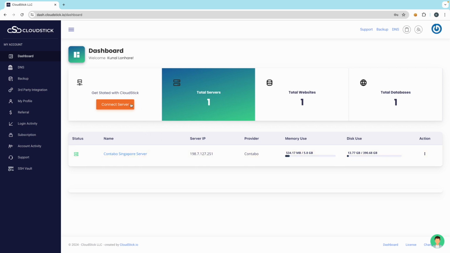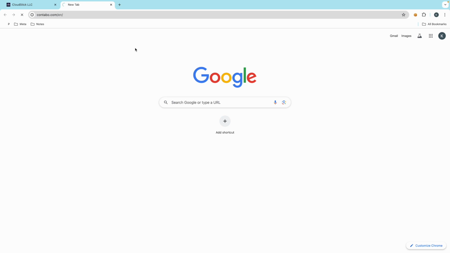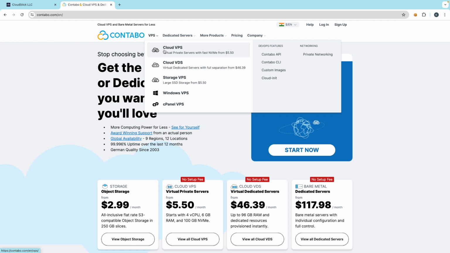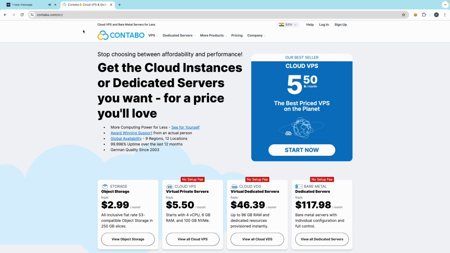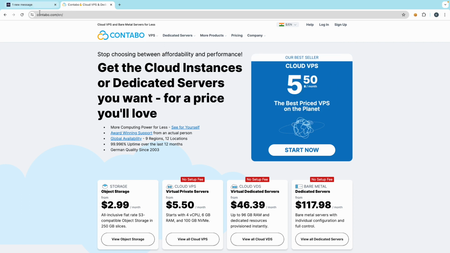the server is now ready. It will take a few seconds or minutes, and then everything will be solved, and you can create more servers if you want. It's like if you just go to Contabo maybe again. Okay, and when you go to Contabo, and let's say you get one new server. Okay, if you purchase one new server, maybe another cloud VPS, so in that case, okay, you can create more servers. So this particular server I created for my VPS which we have purchased now, but maybe if you